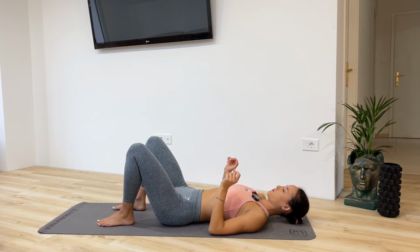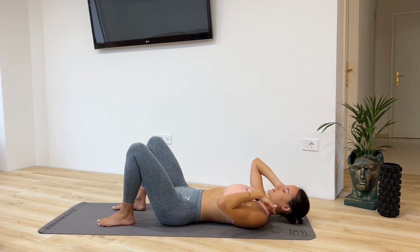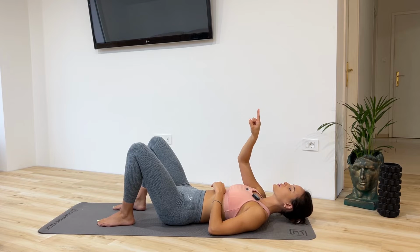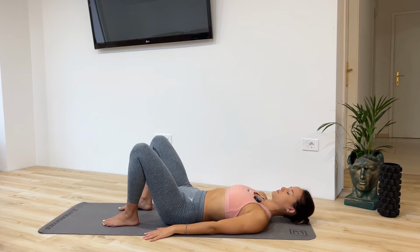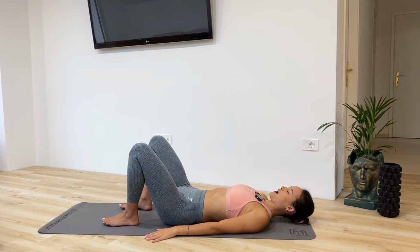What I want you to be careful of is that you have your neck aligned. So always try to do a little bit of a chin tuck, so double chin, and then relax it. I really can't do it this efficiently, but always do the double chin, and then relax it into the neutral position. Be careful that your chin is not going to the ceiling, okay? So having it in neutral, dropping our arms down,